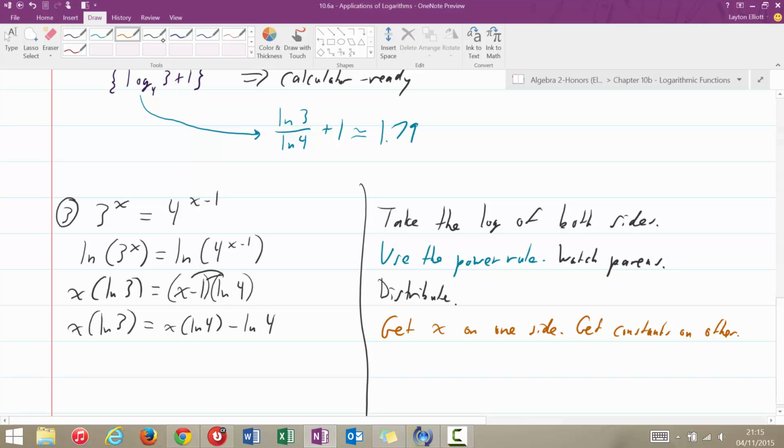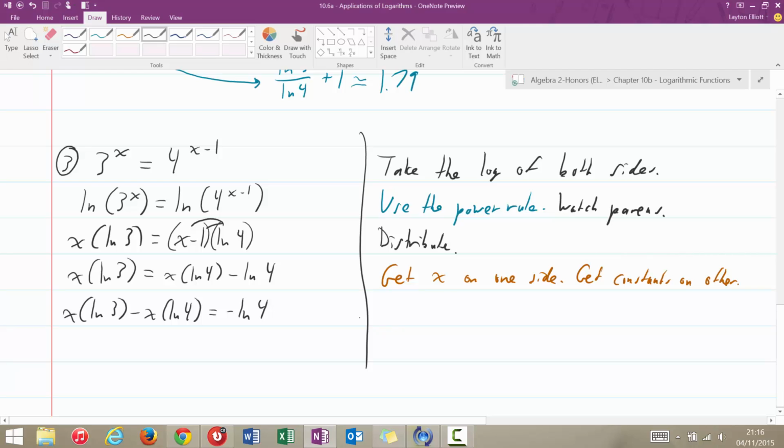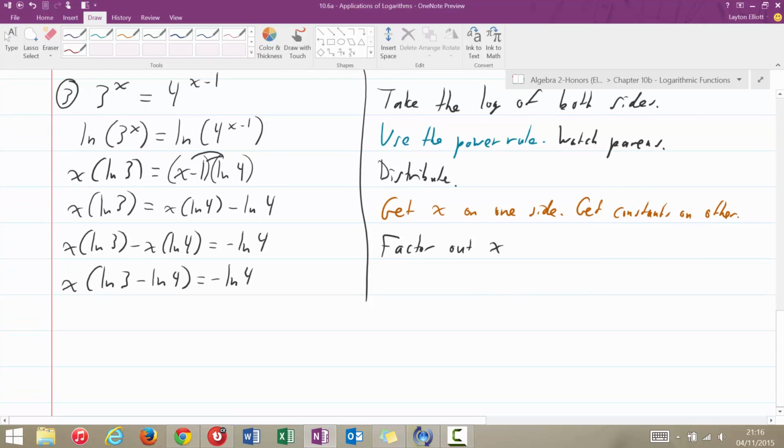So I'm going to subtract x ln of 4 from both sides, so I get x ln of 3 minus x ln of 4 equals the negative natural log of 4. Now, I've got x's on the same side. This is going to be similar to stuff we did before. We're going to factor out an x. So I get x times the ln of 3 minus the ln of 4. Don't worry about combining those. Just keep them as they are. And then lastly,